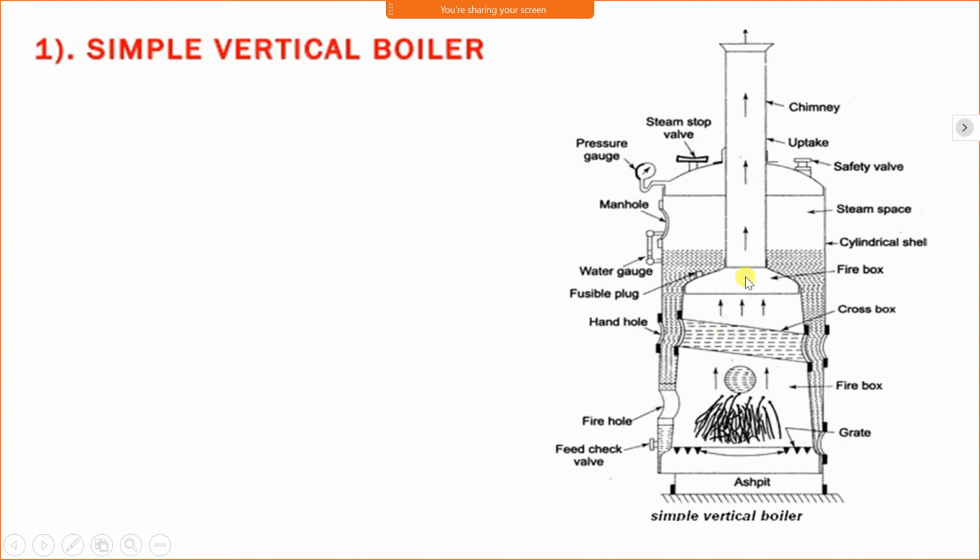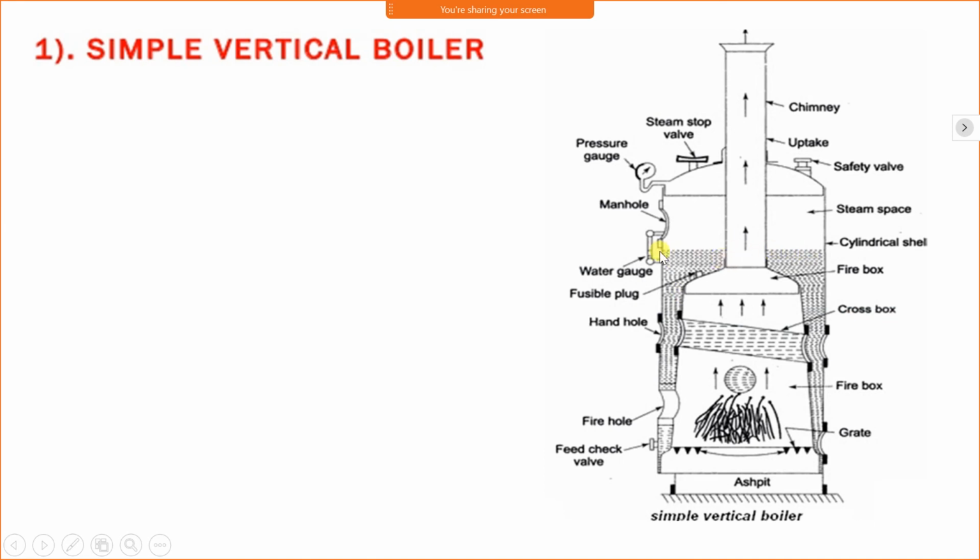When the flue gas moves in the upward direction, it hits the water which is kept between the furnace and the outer boiler shell. Now here there is a fire hole. From the fire hole, fuel is supplied. This is a grate. This is a feed check valve. The feed check valve is used to supply water to the boiler. When the water is heated and converted into steam, the water level decreases. As the water level decreases, the feed check valve supplies water to the boiler